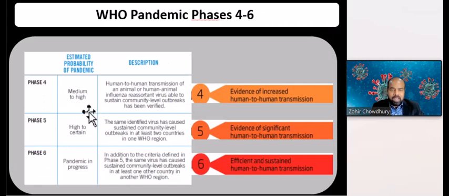In phases 4 to 6, these are characterized by increased human to human transmission, especially in phase 4. The human to human transmission of an animal or human-animal influenza virus is able to cause community level outbreaks. The ability to cause sustained disease outbreaks in a community marks a significant upward shift in the risk of a pandemic. Any country that suspects or has verified such an event should urgently consult with WHO so that the situation